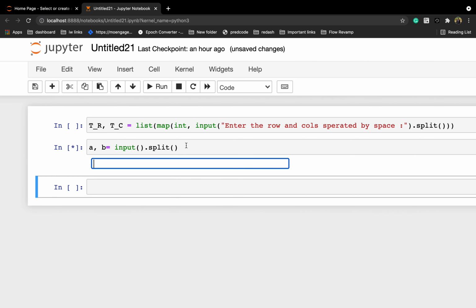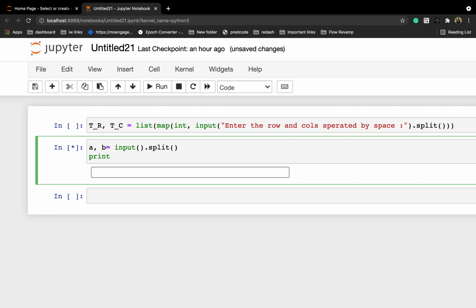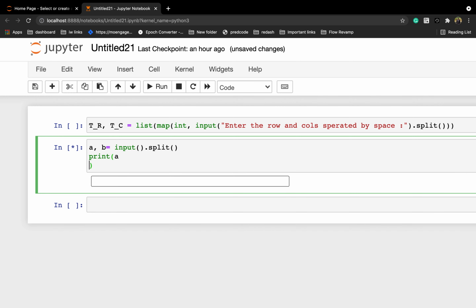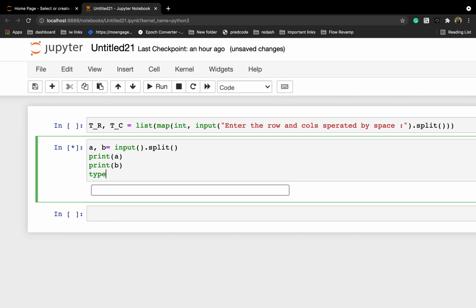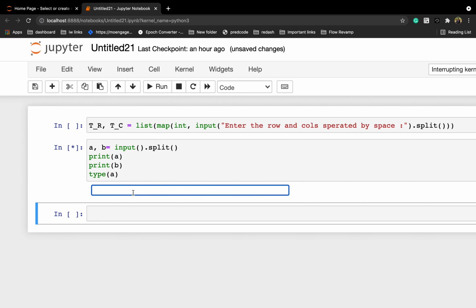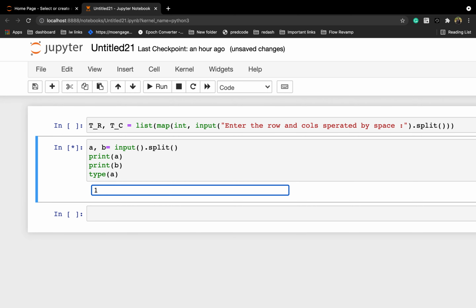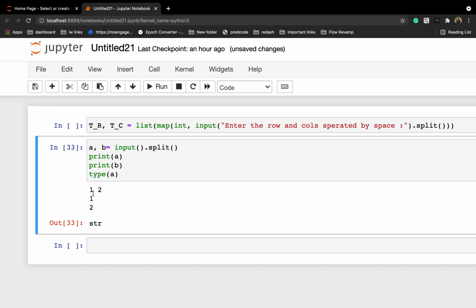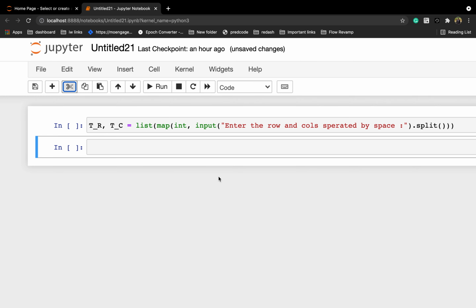Let me print a, b, and then let's say type. So let's say here I have provided 1 space 2. If you see, this is splitting the whole thing, right? So 1 and 2 are the individual elements now, and the type of a is string, right? So this is how split works.